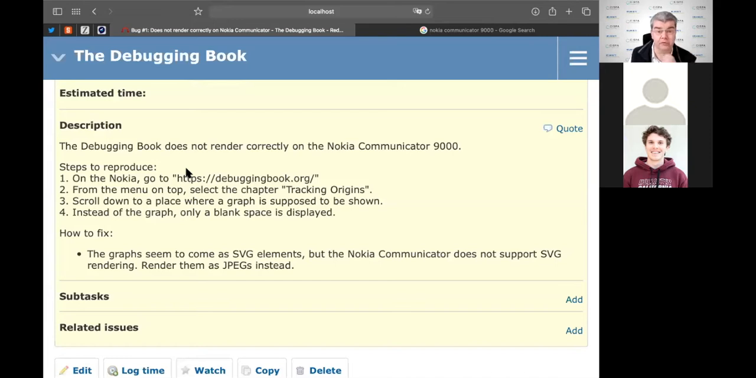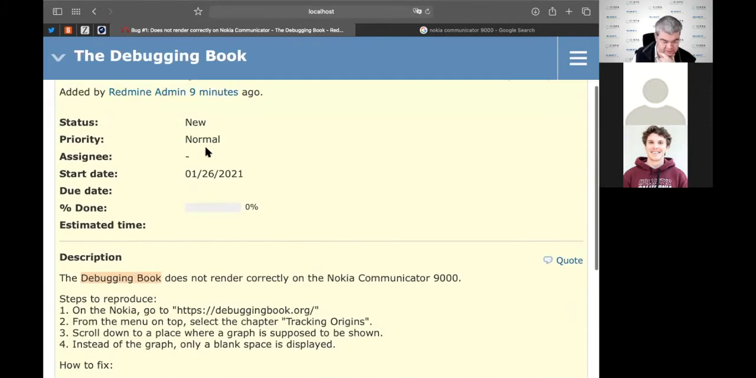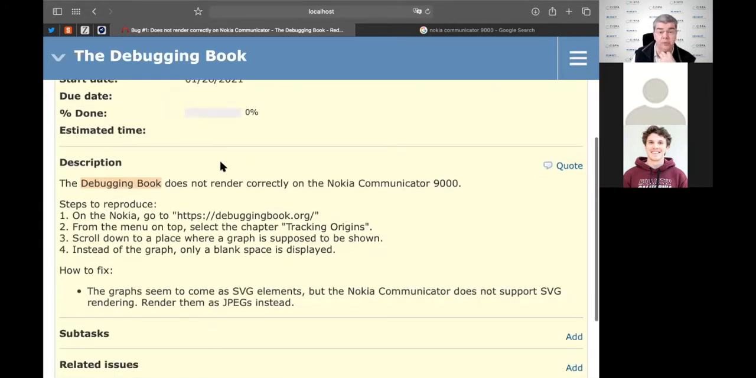This bug report has a couple of important features. It tells us the context in which a bug occurs, which is this Nokia communicator thingy. It doesn't exactly tell us which version of the debugging book that is, but that's not too surprising because we don't have a versioning number for the debugging book, at least not yet. The important thing is it tells us